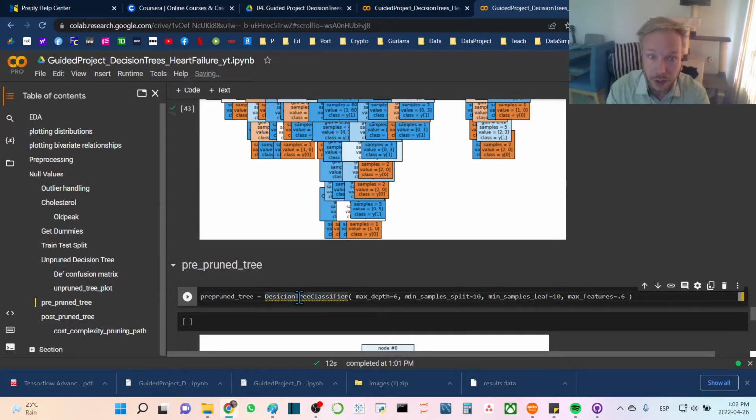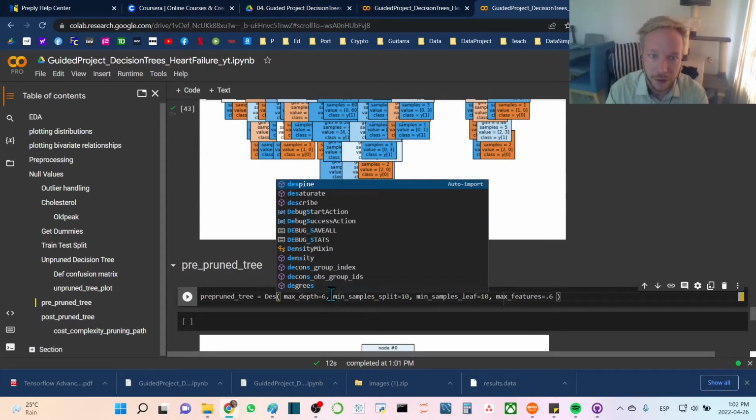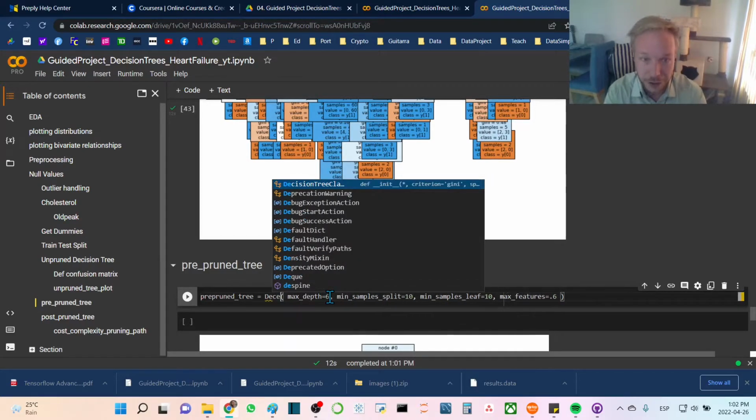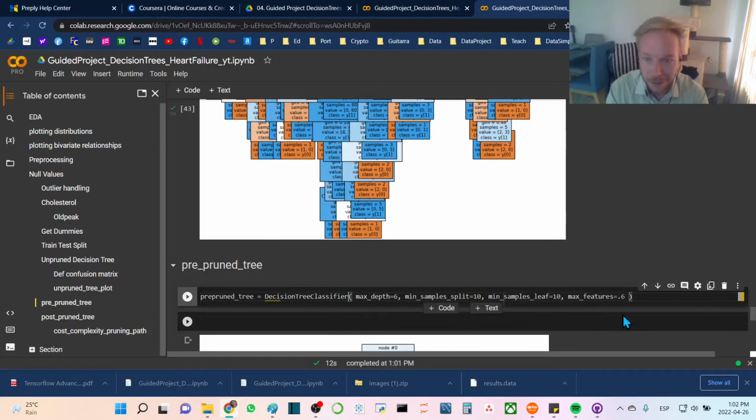So decision, did I spell decision wrong? Decision tree is not defined. So let's try to type this again. Decision, that's my fault. The English is difficult sometimes. So decision tree classifier. And just like we did up above, we'll fit this model right as we're loading it up. So x_train,